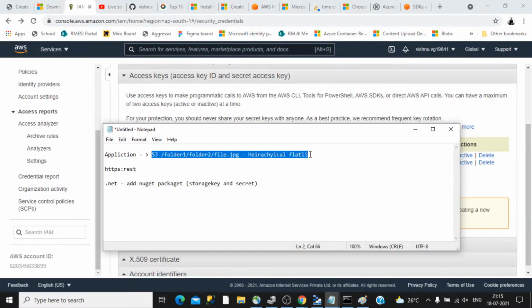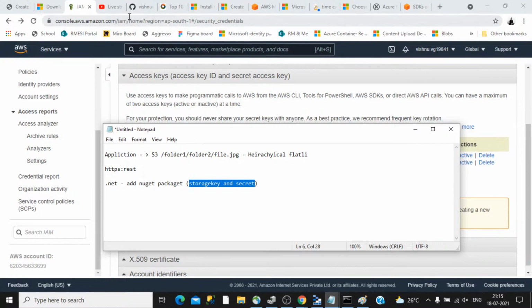For the purpose of authentication and others, it can use a storage key and a secret and use the NuGet package to connect.